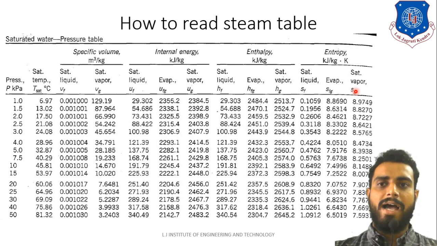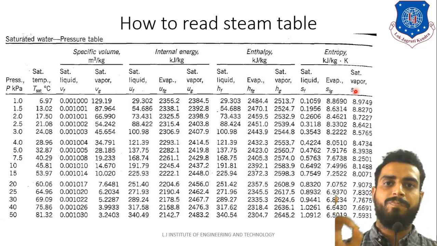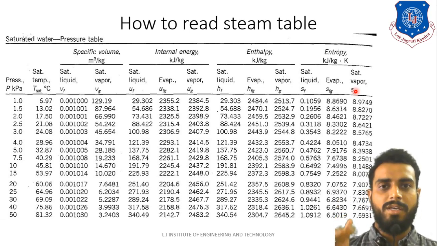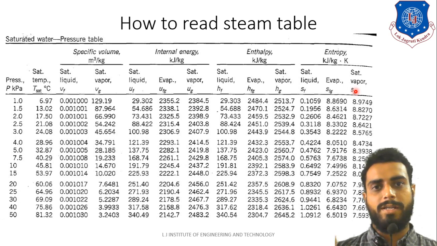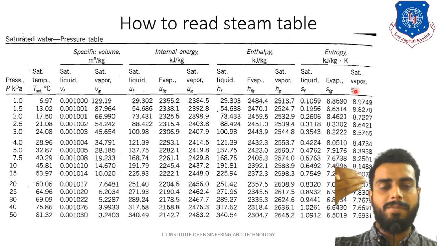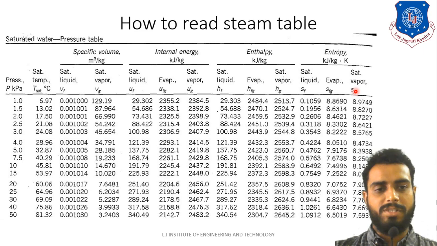If you have any steam table, any thermodynamic textbook or reference book, then at the end of that book you will find a table, that is the steam table. So the steam table is nothing but the table that will give you the data regarding the steam. Remember one thing, only when your fluid is water can you refer to the steam table. So your fluid is water, and if you evaporate the water, it will turn into steam, so you should be concerned only about steam. That is the fluid that you should keep in mind.